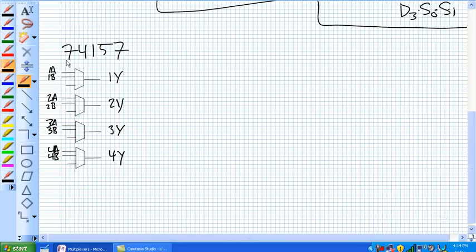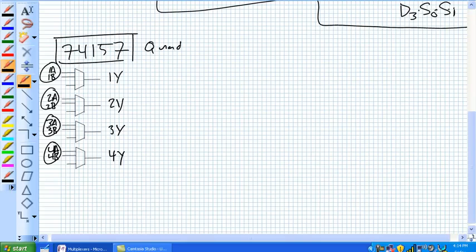And the first one is the 74157. That's a quad 2 input mux. Quad because there's 4 of them: 1, 2, 3, 4. 2 inputs. Each of them has 2 inputs, an A input and a B input. Okay, so quad